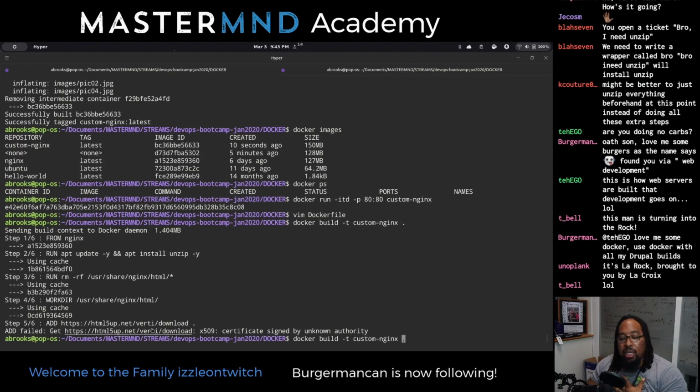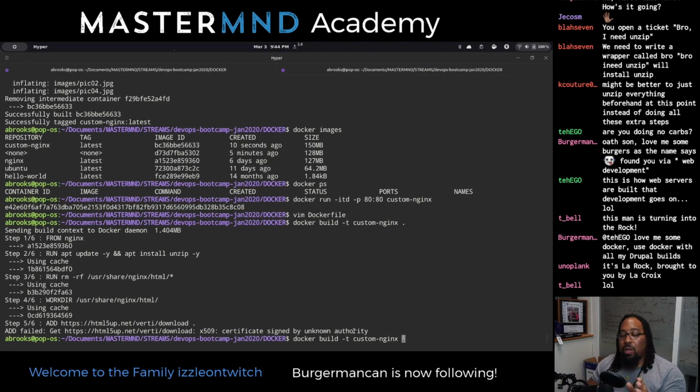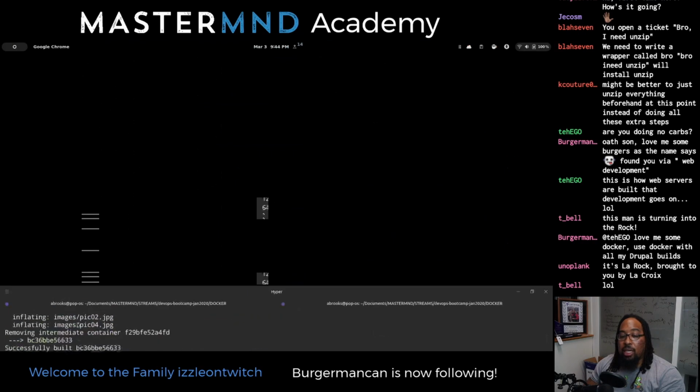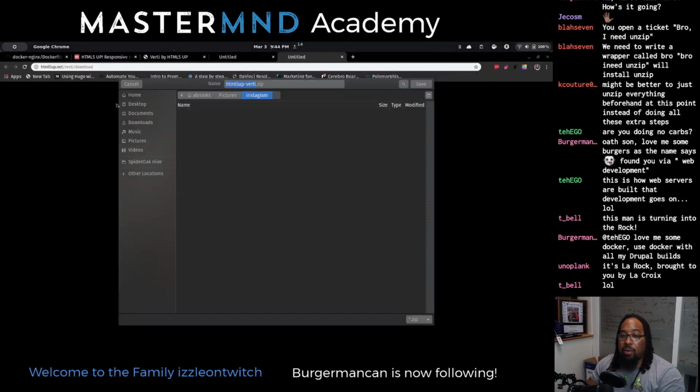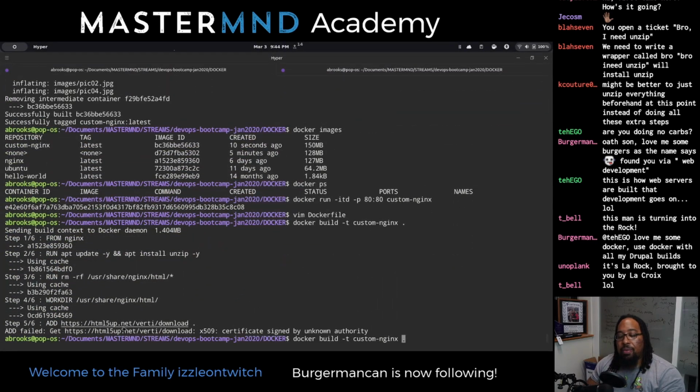If the link that they gave us was better, if their cert was working properly, it wouldn't be a problem. I don't really want to look up how to resolve this with the add command. It's probably pretty easy, but that would work. You can see it did try to, in fact, download something. So I just want to show that you could grab it directly from online if you needed to.